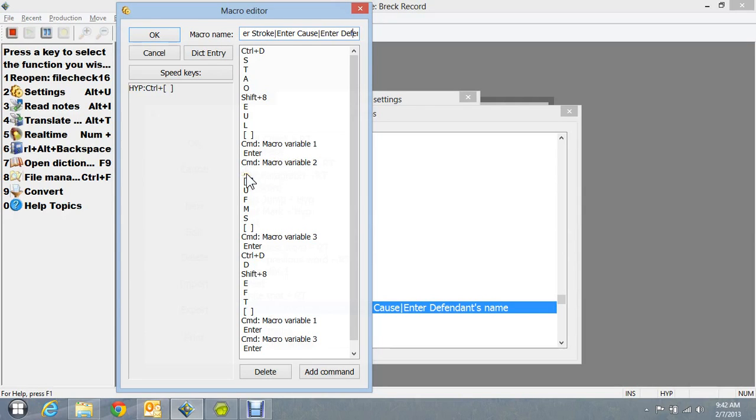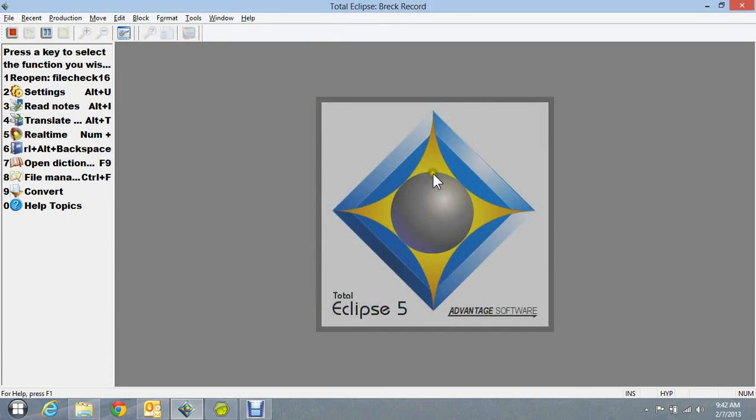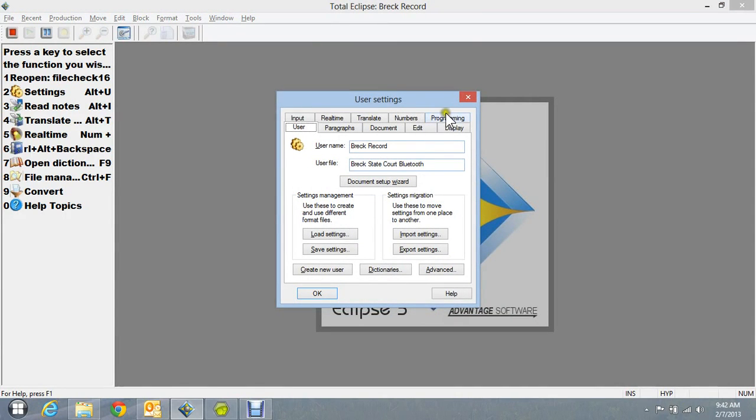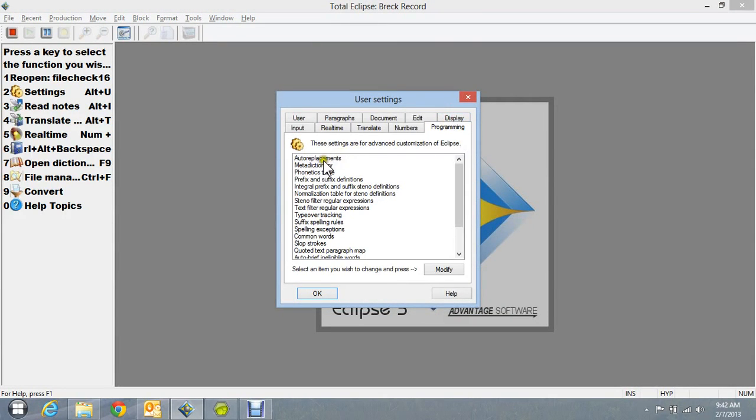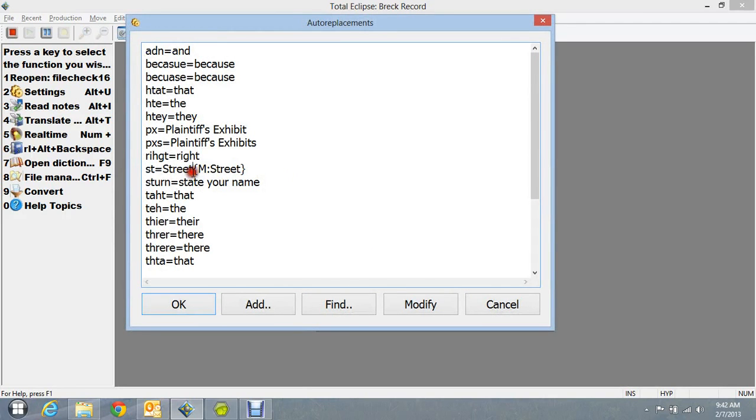And then I put in here comma spacebar. Now you're wondering, what is UFMS? Well, I use that in my steno actually for United States of America, and so I went over to auto replacements, and let's go back here to Alt U, programming, auto replacements, and if you look in here,